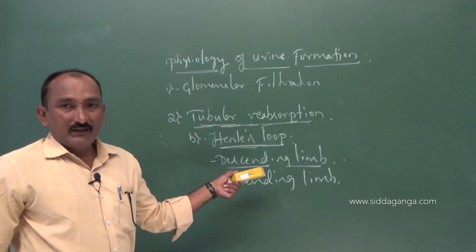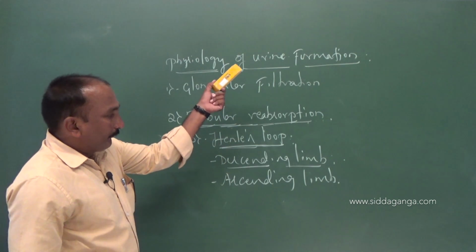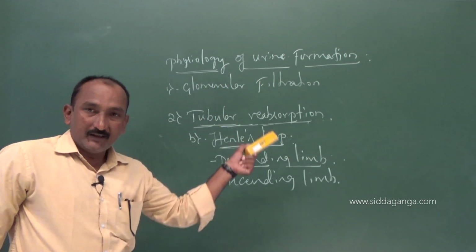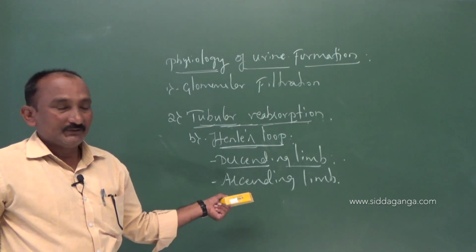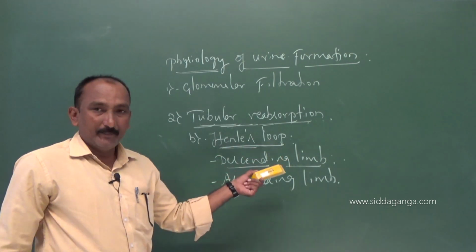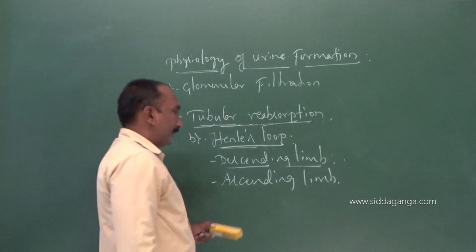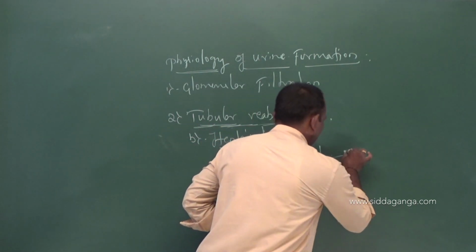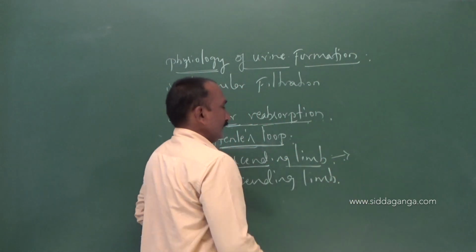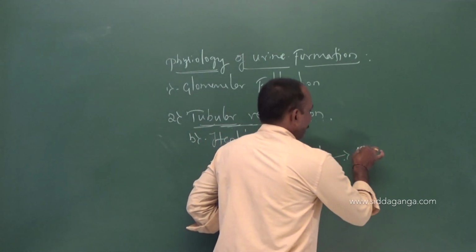Through this limb, the filtrate will move in a downward direction. So, what is the role of the descending limb in tubular reabsorption? The descending limb is